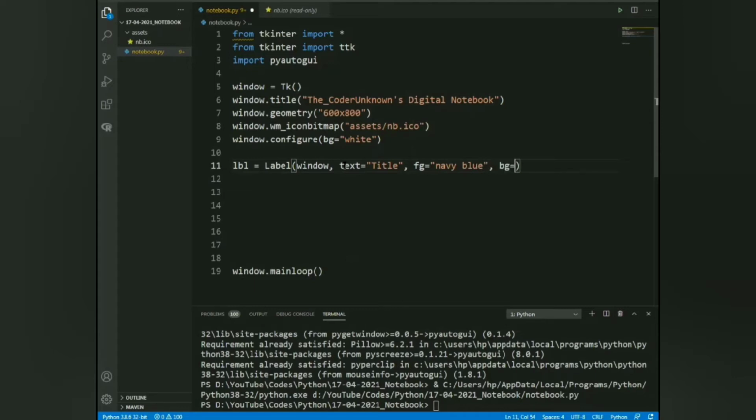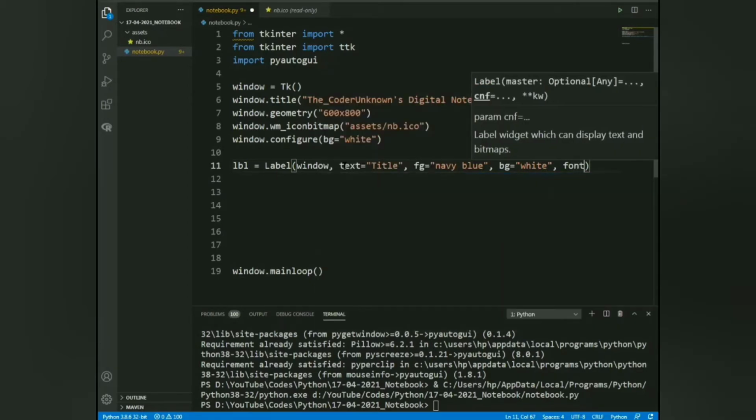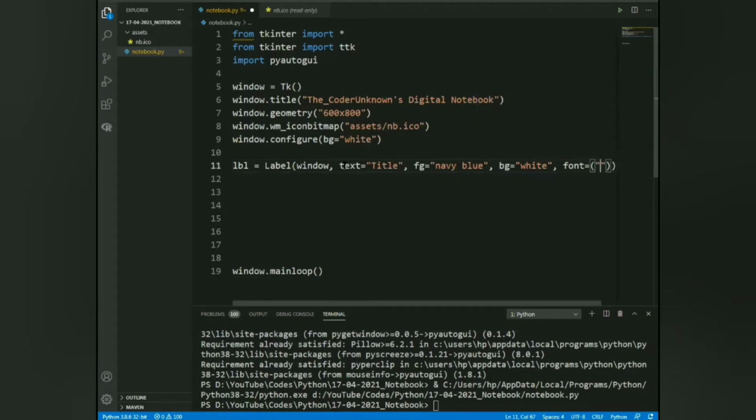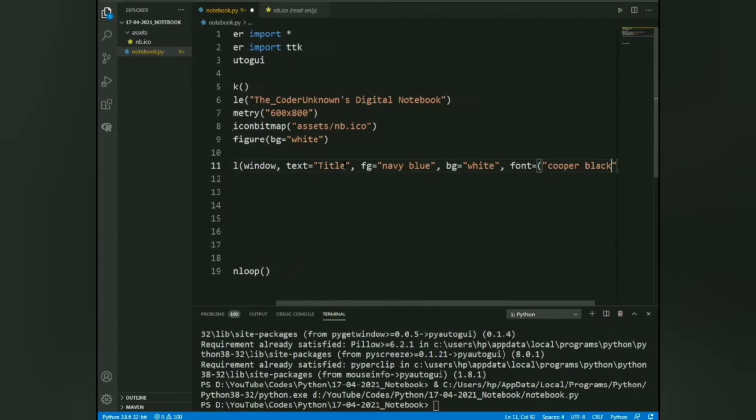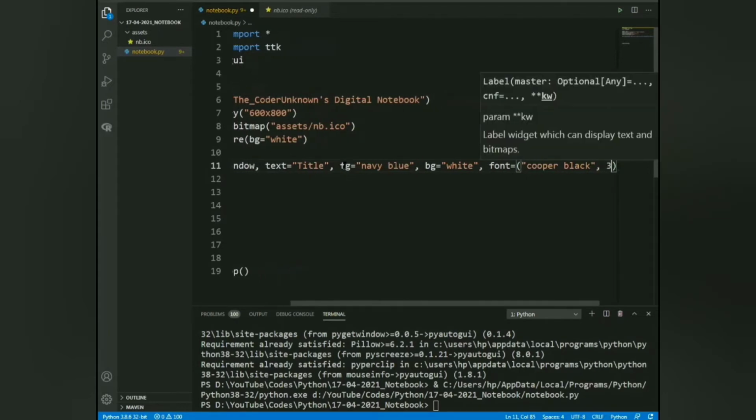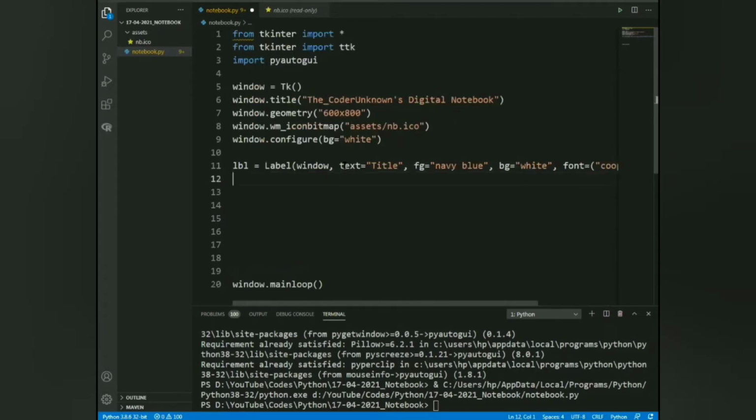It will have a background of color white, and it will have a font of Cooper Black with a font size of 30. Now let's pack it by using the pack function.